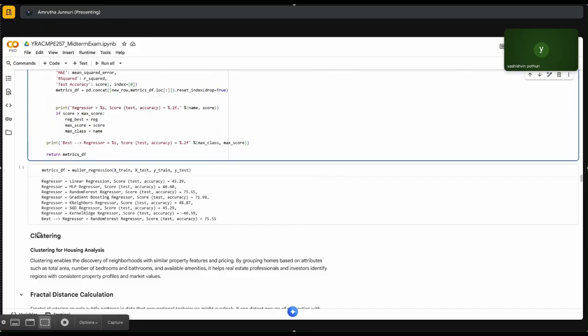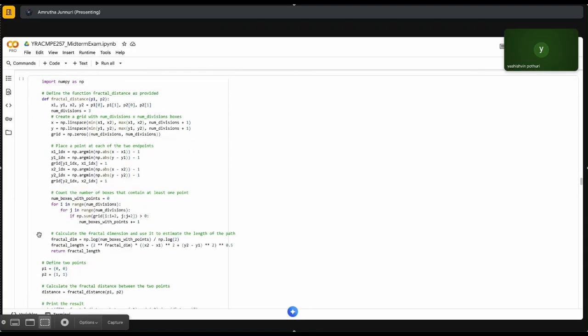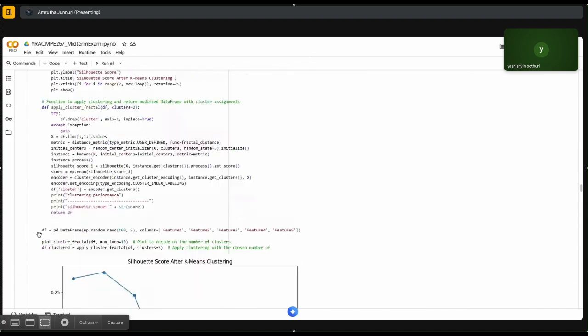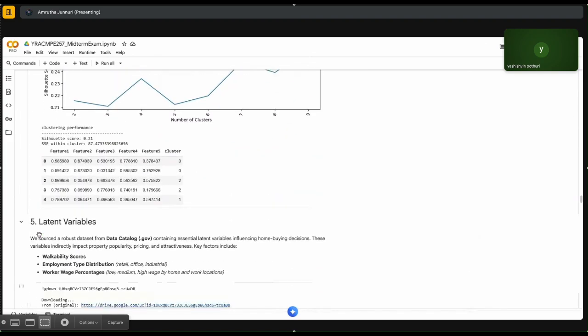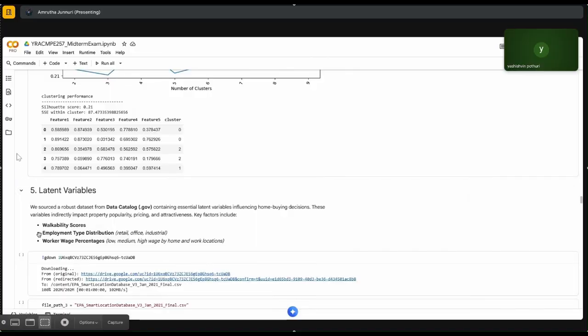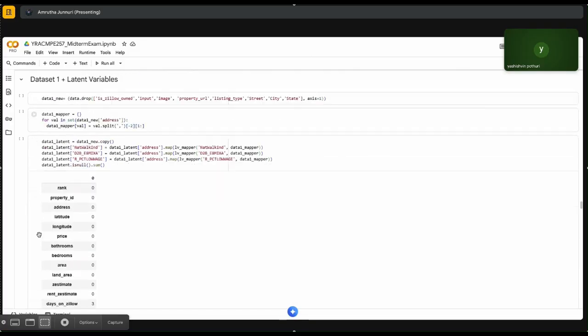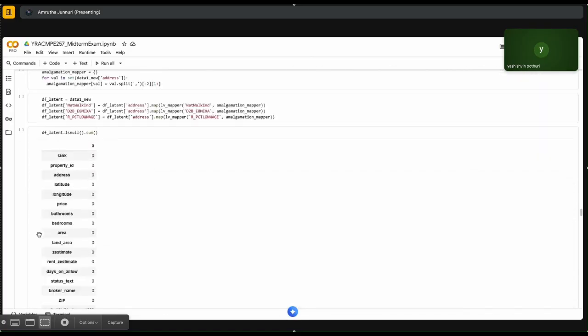So we performed clustering to identify natural property groups. First, we used k-means with Euclidean distance to create the clusters, like budget, moderate, and premium. Then we applied fractional clustering, which used a custom fractional distance function to capture nonlinear patterns. So this reveals the golden cluster, a set of properties where HOA plus mortgage is less than rent, representing